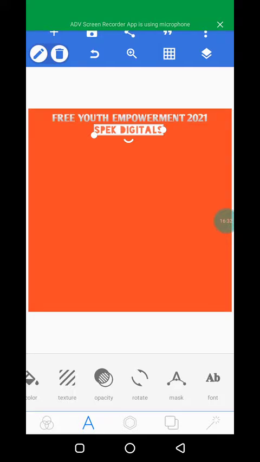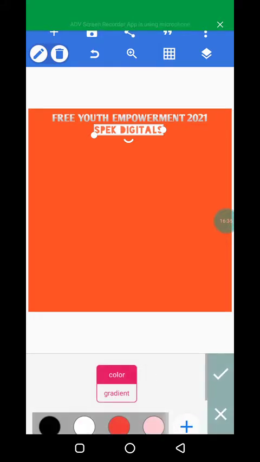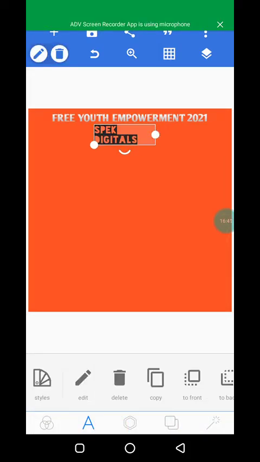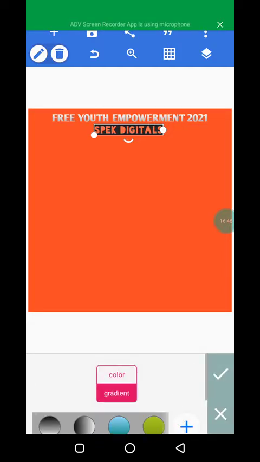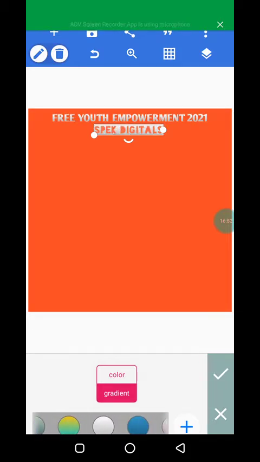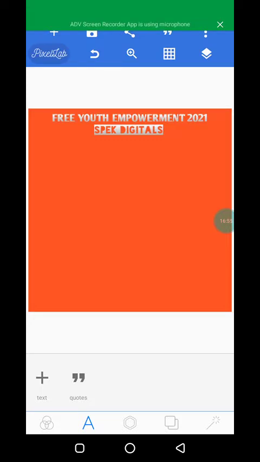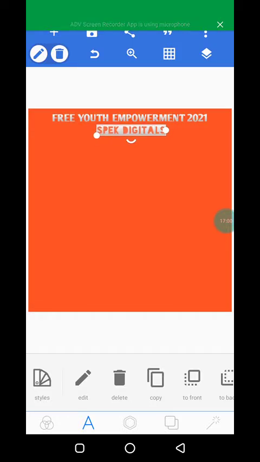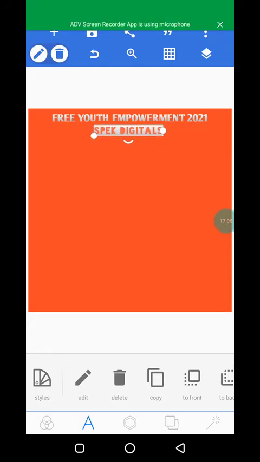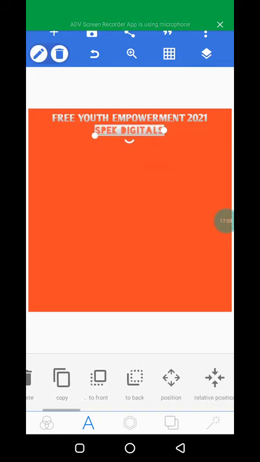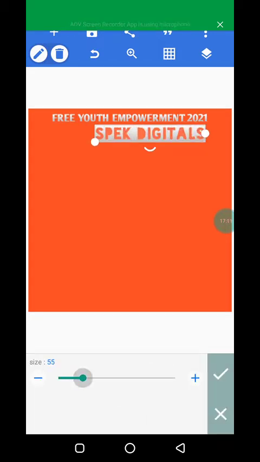So let me change the color. No. This will not work. Let me change the color. Let me use a gradient color. No. Okay, let me just maintain this color on the heading of this post. So I want to increase the text size. Remember I said if you want to increase the text size,